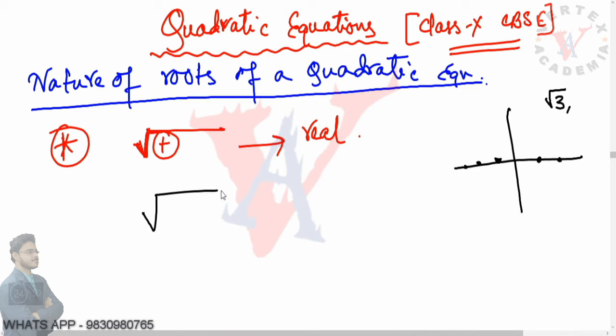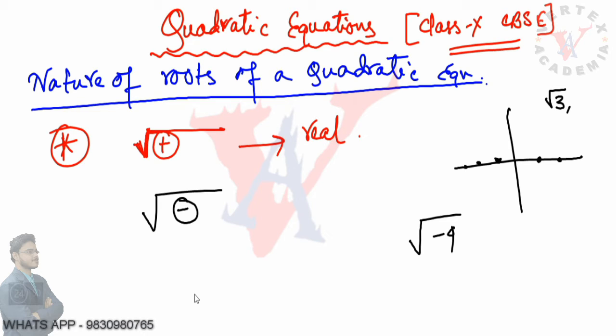But if you encounter a negative under the root, there is no possibility of representing it along the real line. For example, root of 4 becomes 2, so it has a physical significance. But if you write root of minus 4, which you will understand better in higher classes, it does not have any physical significance. You cannot represent root of minus 4 physically, or think of a number like that.